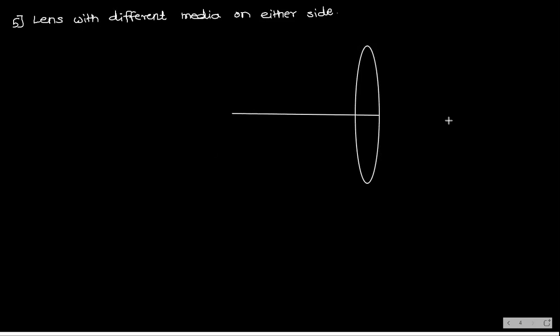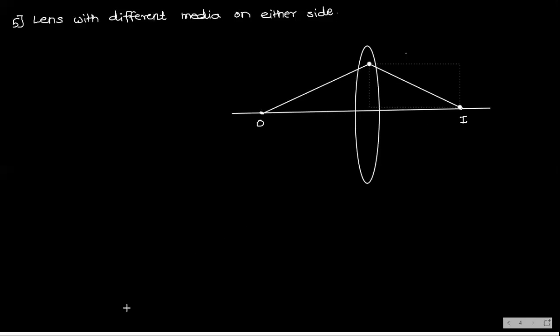So first I will draw the diagram. Somewhere here is your object. Somewhere here you will get the final image. I am drawing only one image. No need of two because already we have derived how it is refracting due to one surface and another surface. So I'm just drawing the final image in the diagram. Clear? And this distance is what? This distance is u. This distance is what? Phi, right? You know this. This is u, this is phi.